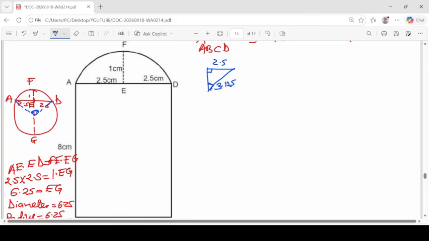So this is opposite over hypotenuse. I'll use sine. So I'll say sine theta is equal to the opposite, which is 2.5, over the hypotenuse, 3.125. Then my theta will be,